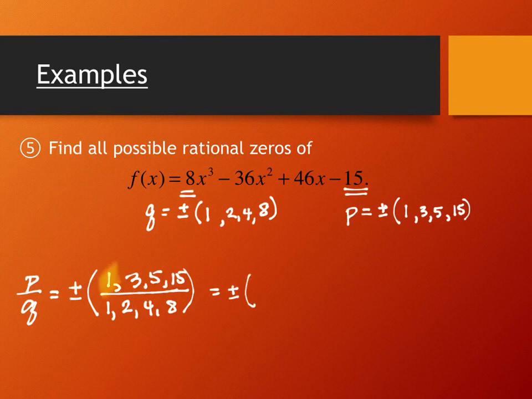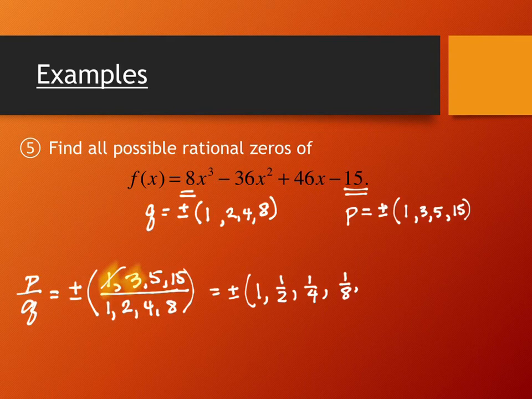take each of the individual numerators and divide it by the denominators. So if I have 1 divided by 1, I get 1. 1 divided by 2 is 1/2. 1 divided by 4 is 1/4. And 1 divided by 8 is 1/8. And once I've gone through all that division, I'm done with the number 1 and I'm on to the number